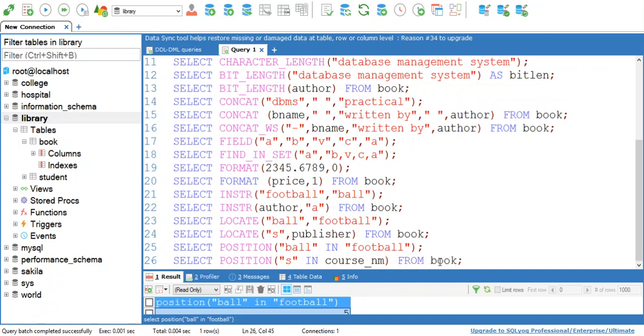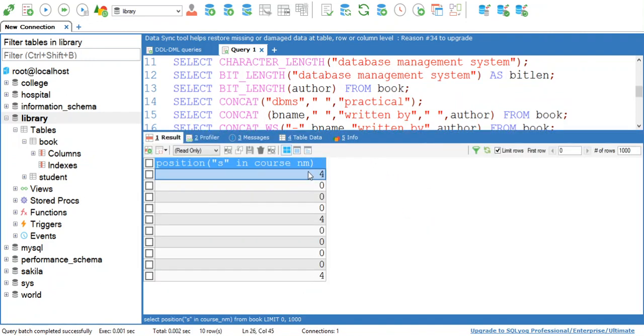I want to search for the first occurrence of s in course name. Execute this. Now at the output you can verify. In the first course name, s appears at the fourth position. In the second, third, fourth course names, there is no s. In the fifth course name, it appears at the fourth position, and so on.